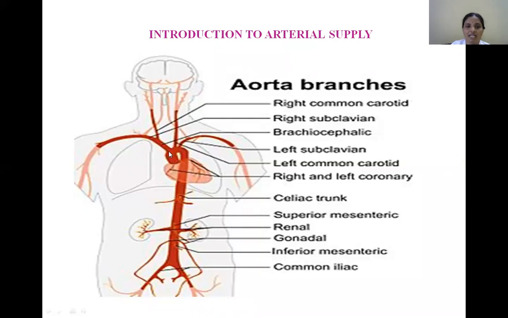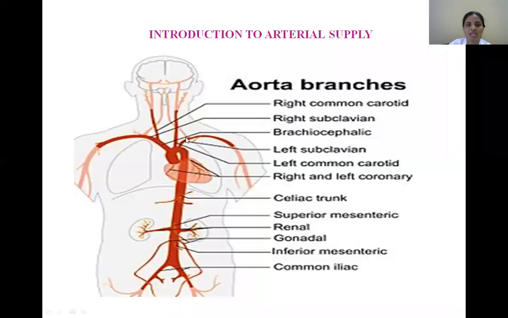The ascending aorta gives rise to branches which give nutritious blood, meaning arterial supply, to the heart. Whereas the arch of the aorta gives three important branches; here you can see, from right to left, three branches. This is the brachiocephalic trunk, the middle is the left common carotid, and this is the left subclavian artery. By giving these three branches, they supply the upper part of the body. What is that upper part? It includes the entire head and neck, and the upper extremities.